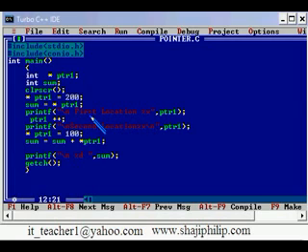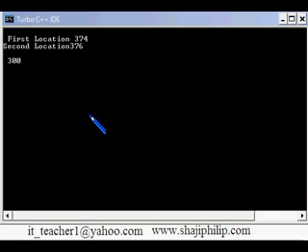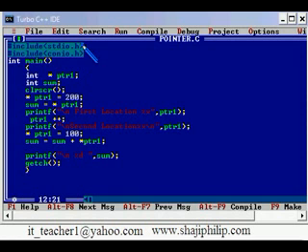Control F9. So first location is 374 and second location is 376. So those values 300, 200 and 100 are stored in two different memory locations. So those memory locations addresses got printed with the help of %x string modifier, and those values are printed.